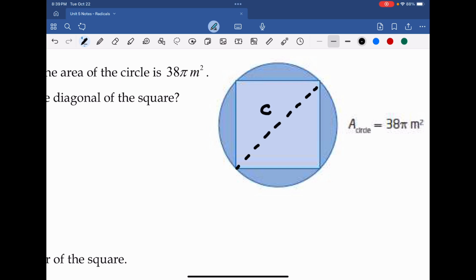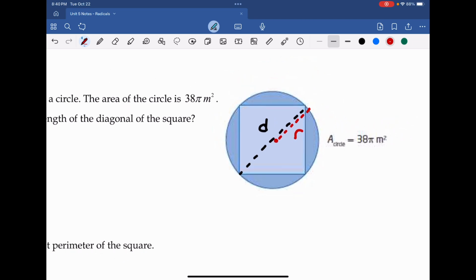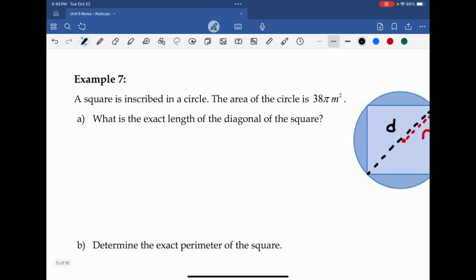Now, we know that the diagonal stretches from one side to the other. If we only go from the halfway point, meaning the middle, to the edge or to the perimeter, this is going to be the radius. So we can actually use the fact that we know we have area, which involves radius, to then help us get diameter. So what I'm going to do is in part A here, let's actually break this down and say,